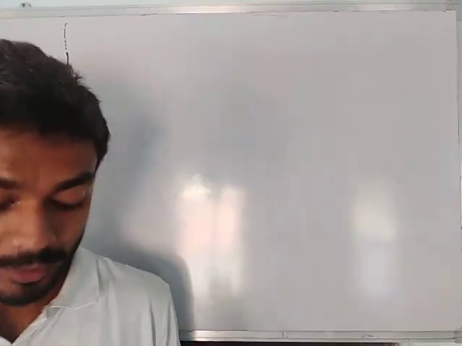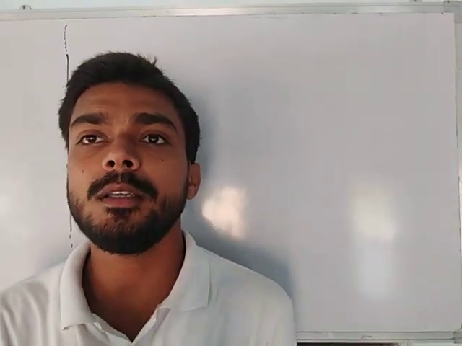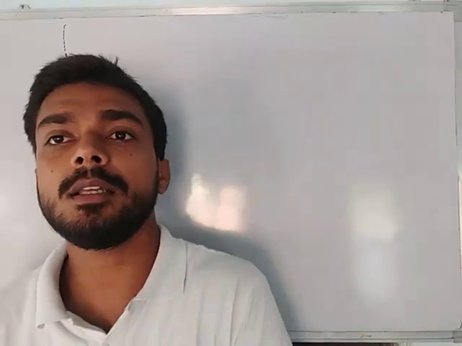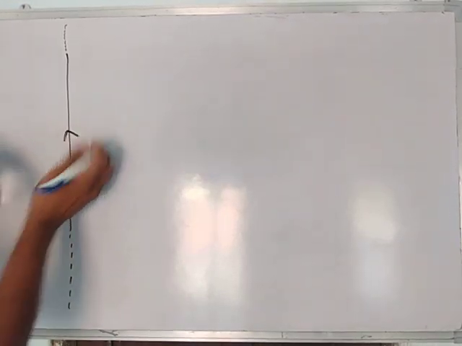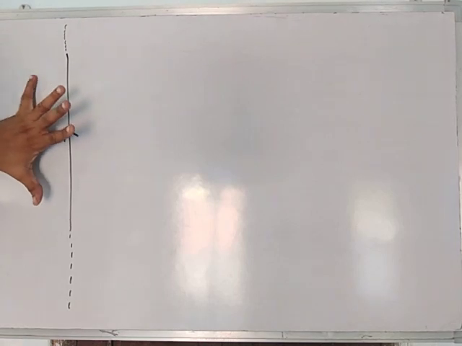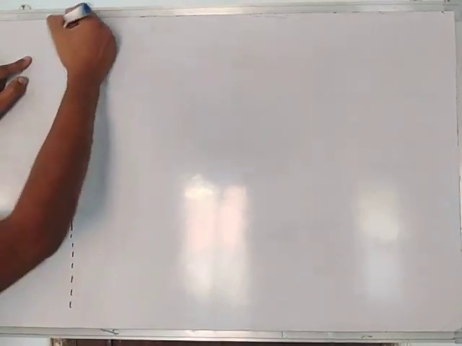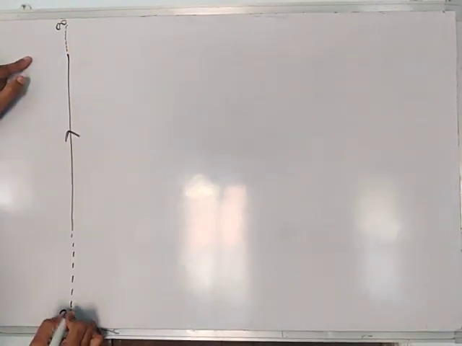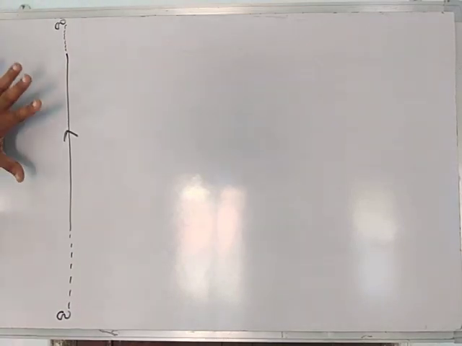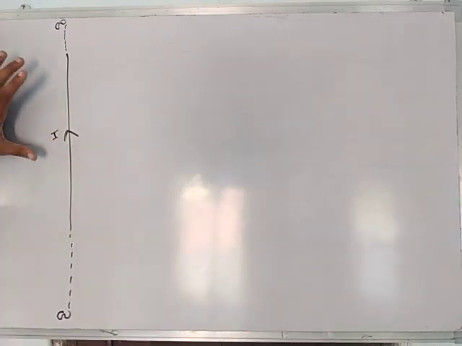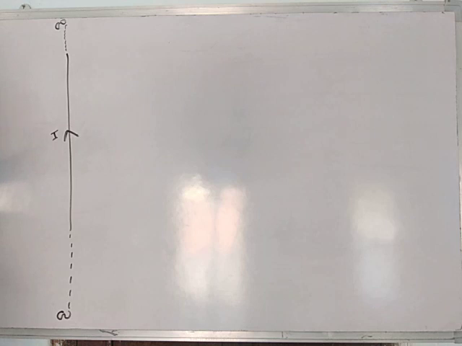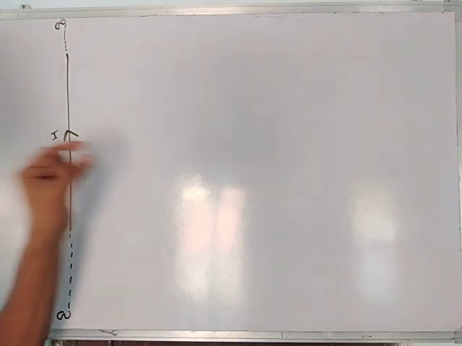Students, now we are going to discuss one more result, another application, and this is the magnetic field due to a current carrying conductor of infinite length. We have a conductor whose length is infinite in both directions, and we are going to calculate the magnetic field due to this conductor which carries a current I, and we all know very well that the Biot-Savart law is applicable only for small elements.